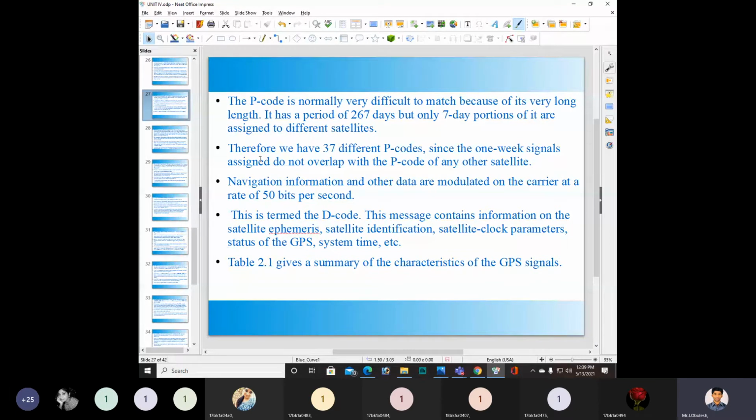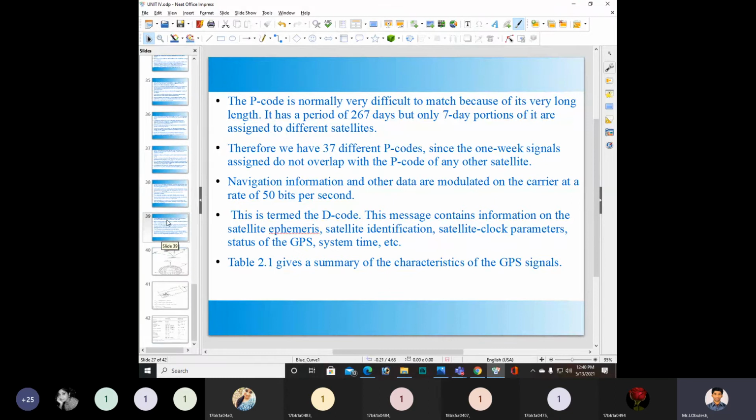See Table 2.1, which gives the summary of the characteristics of GPS signal. You will see that in the coming slides.